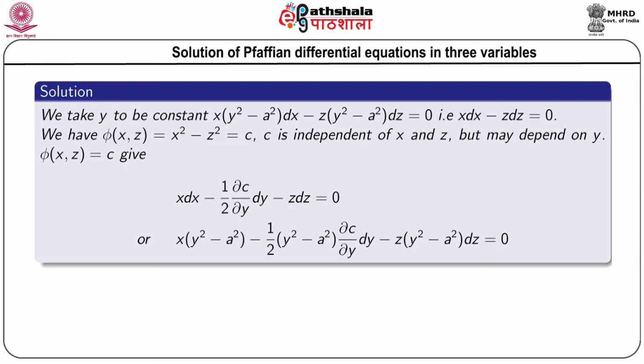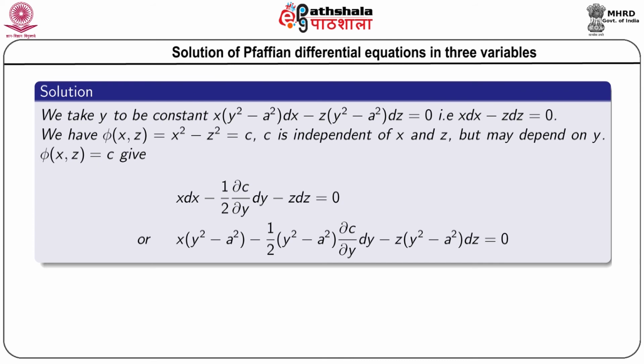We can find easily the integral of this equation as x² − z². So, in this case phi(x, z) is x² − z² equals c, but you have to remember that this c is independent of x and z, but it may depend on y. So, phi(x, z) is equal to c, c is a function of y. If you take the differential of phi, then it will be like this, and if we compare this with the given equation,